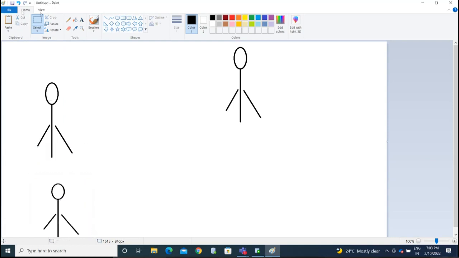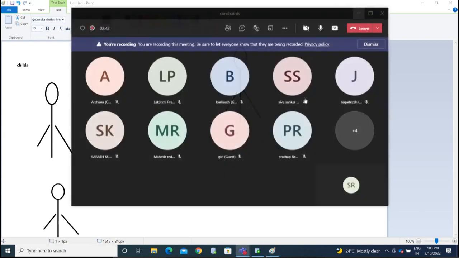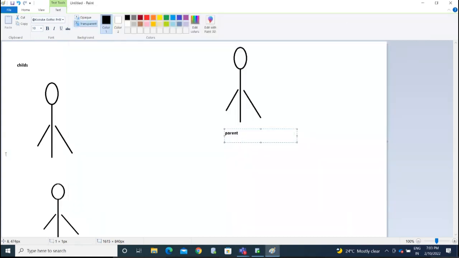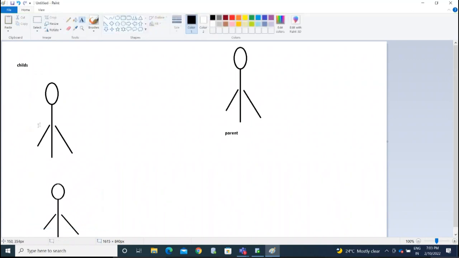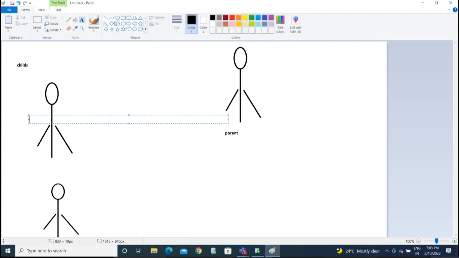Okay, so I'm in this place. So these people are the children. These are the parents. Okay, so children we have here. Here we have the parents' information. So if you see the relation from child to parent, it will be